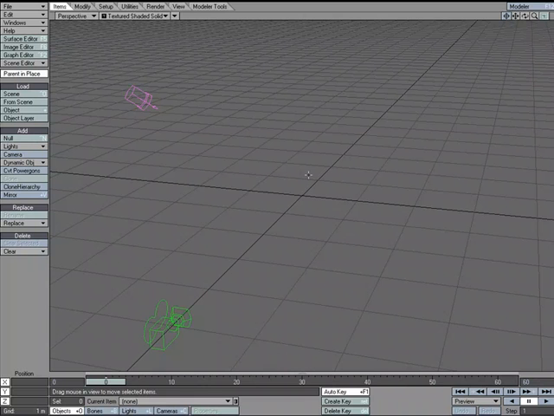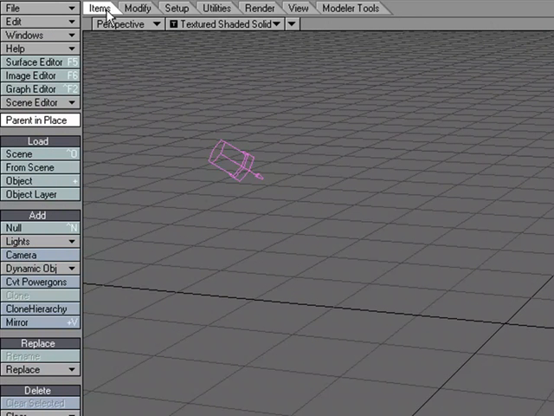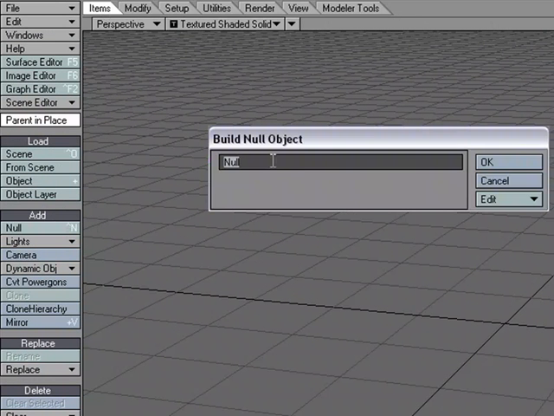Let's take a look at creating a little slug with a slug animation in Layout. I'm not going to use any models. I'm not going to go into Modeler and build anything. I'm going to do it all in Layout using HyperVoxels. Okay, so one thing I can do is come over to Items, Add Null, and we're going to call